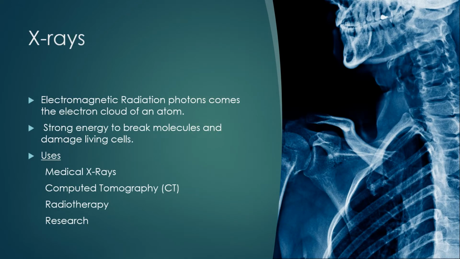Finally, we have our X-rays. X-rays are produced by electrons external to the nucleus. Also, X-rays have longer wavelengths and lower energy than gamma rays, which causes them to be more damaging to living cells. When it comes to the uses of X-rays, we see a large range of uses for medical, industrial,